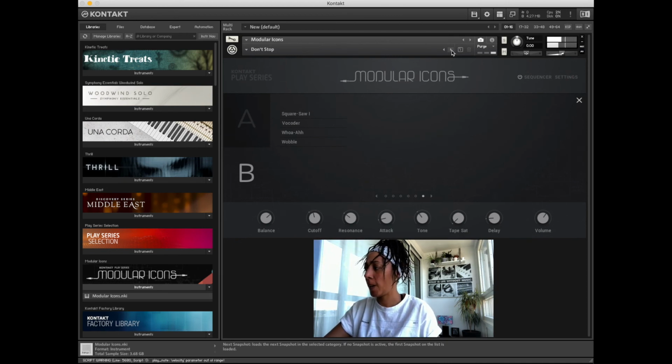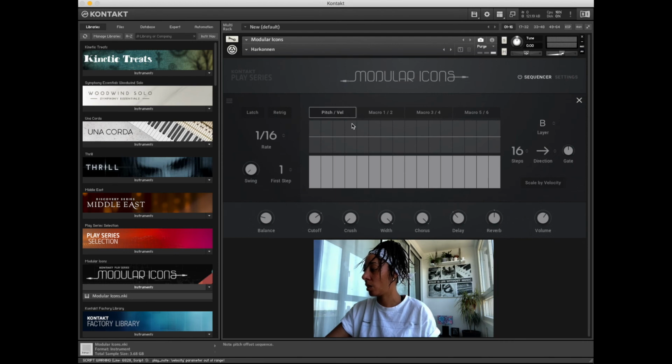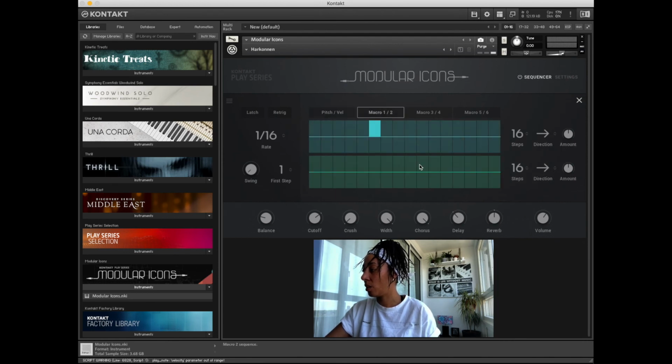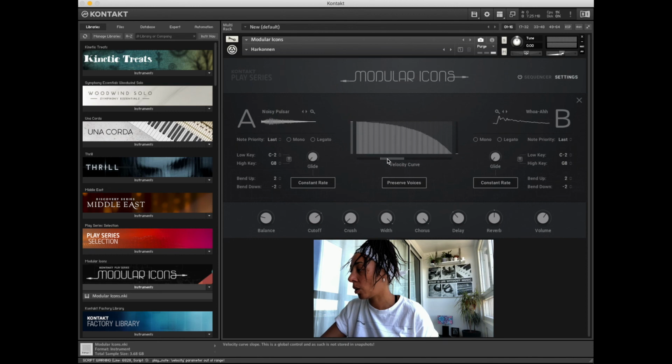Also your sequencer and settings here, so click your sequencer on, press on sequencer, and then you can start playing about with different bits. The good thing about the settings here is I can change the level here, so if I want it to kind of ramp up and have the velocity curve being straight, I can. So if I go to the left or the right sides, I can manipulate that here, or I can go left or right,